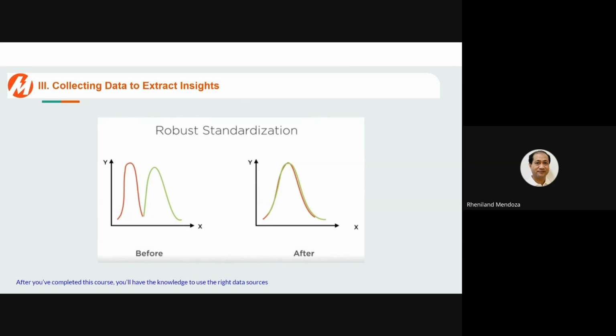So again, if your original data can be expressed using a visualization such as the one you see on the left, where you can see that the range of the data is very different and there are outliers. After robust standardization, you'll get data that is distributed like you see on the right. Again, the median of all of your features after robust standardization will be equal to 0. And this is what we would like to achieve.